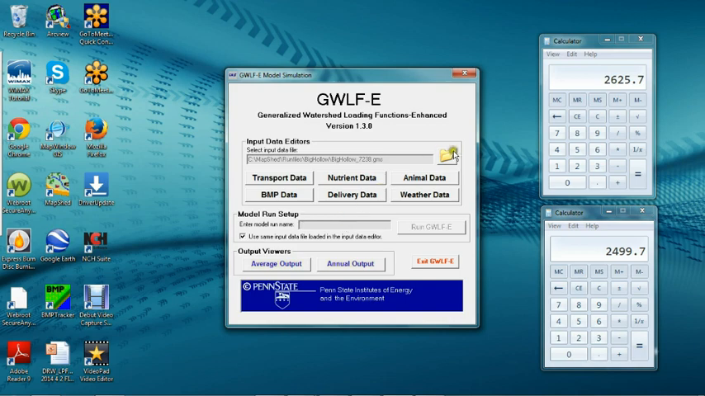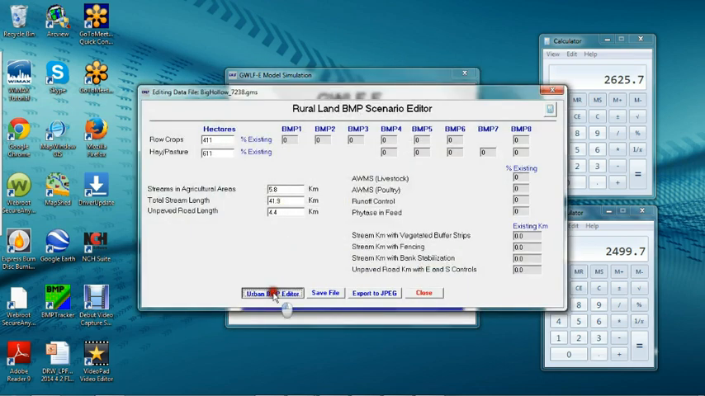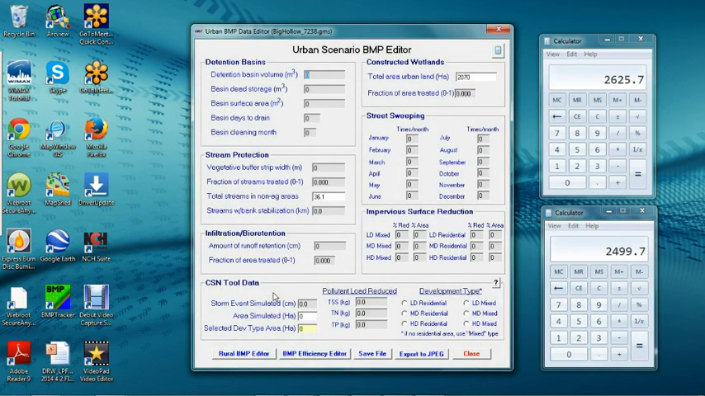So what we're going to do is, we've already got this input file loaded. We're going to edit that using the BMP Data Editor, and we're going to rerun the model and give it a new name. So let us call this new run, let's say, BMPs 1. So let's click on the BMP data. Let's go right to the Urban BMP Data Editor, and let's type in some values